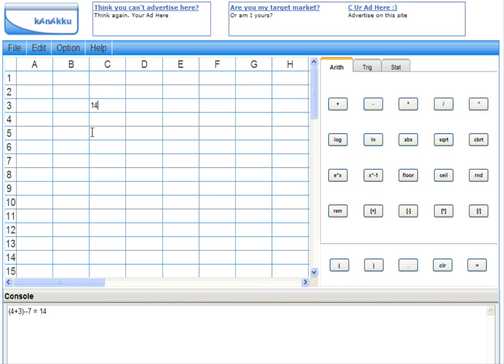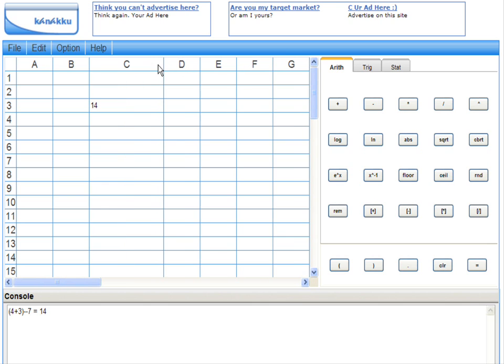Another feature of the app is that you can move between cells in different ways. One way is by holding down the control key and hitting the arrow button on your keyboard. You can go to the right, left, up, or down. You can also move by just hitting the tab key. And as you've already noticed, you can move by clicking directly with the mouse. You can also change the column width of columns in the application. You do this by clicking on the column header and expanding or contracting the resulting rectangle. When you let go of the mouse, the column width will readjust to the width you've selected.